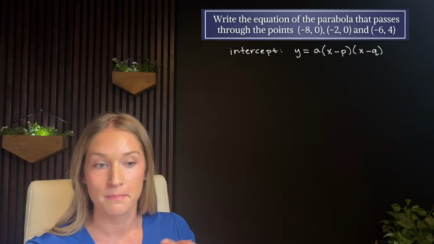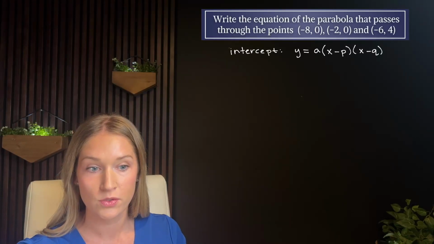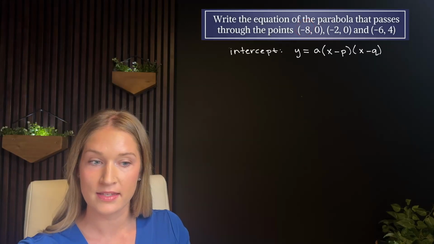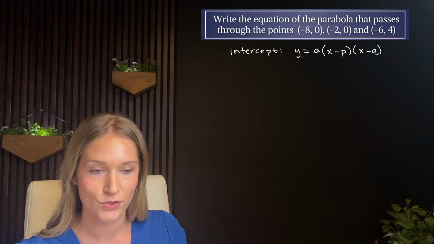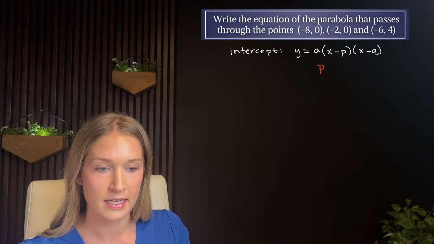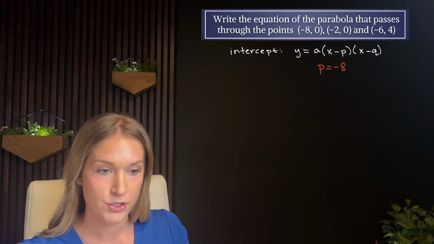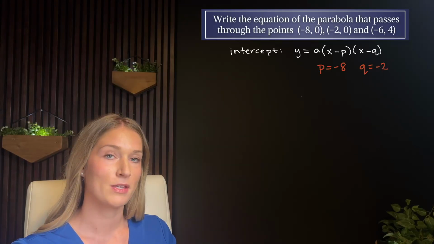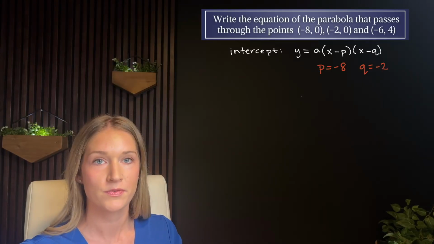So in my case, I've got 2 x-intercepts. The first one happens at -8 and the second one happens at -2. So that tells me that my p is going to be -8 and my q is going to be -2. So let me at least start by throwing these into the equation, and then we'll figure out what that a